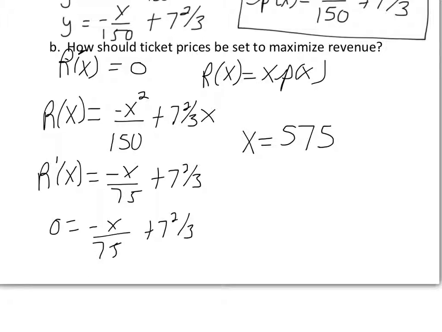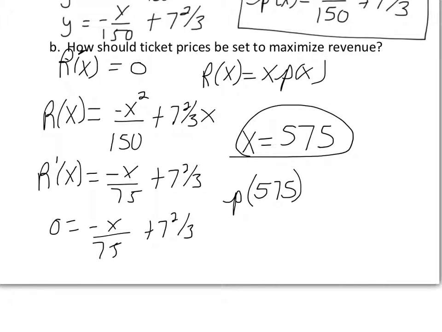So we can get an attendance of 575 patrons to the game if we set the ticket price at, and now we're going to plug that into the demand function to figure out what should the ticket price be. So I'm going to go ahead and plug this into the original demand function. So it'll be -575 over 150 plus 7 2/3,